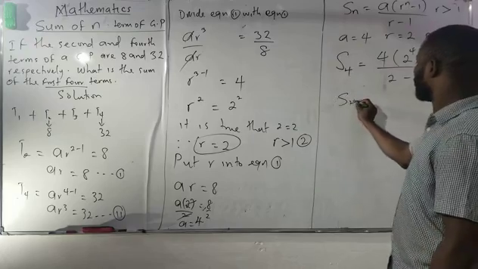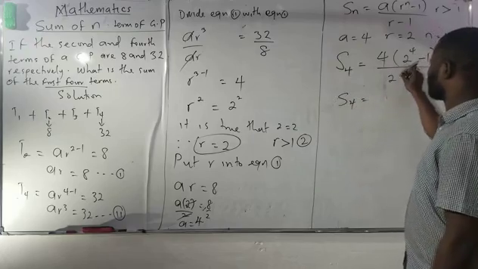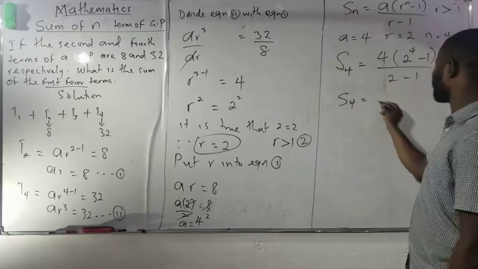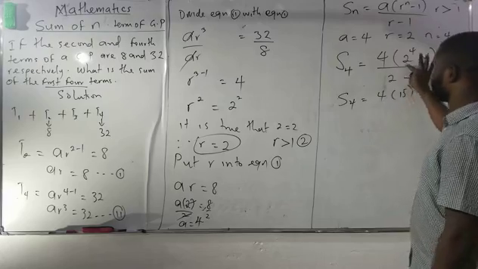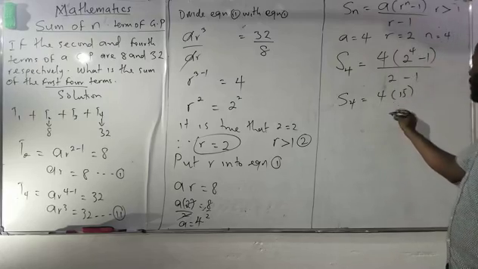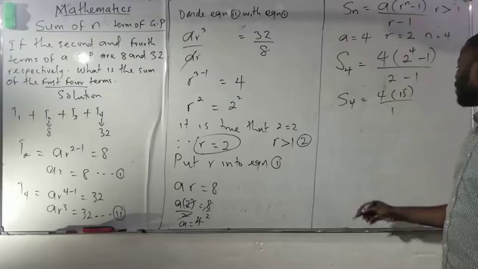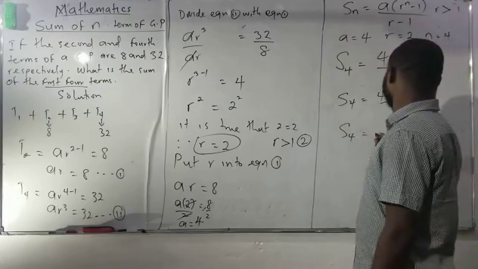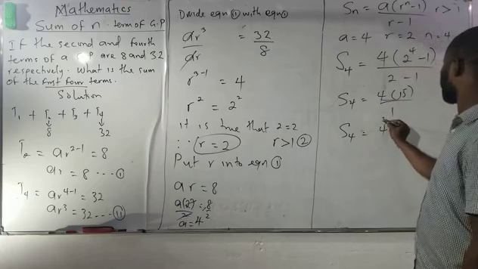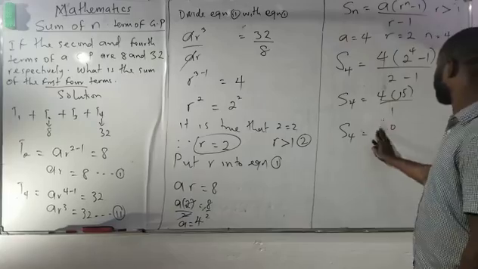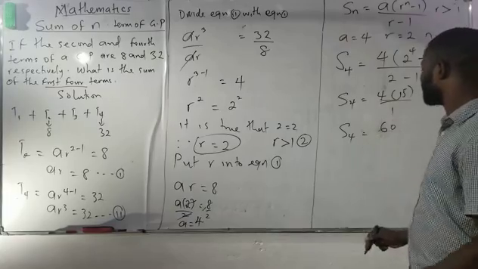Now, the sum of 4 will be equal to 4 bracket of 16 minus 1, which is 15, divided by 1. Now, I can answer that one. Sum of 4 will be 4 times 15, that will be 5 times 4, 20, which will be 60. It means